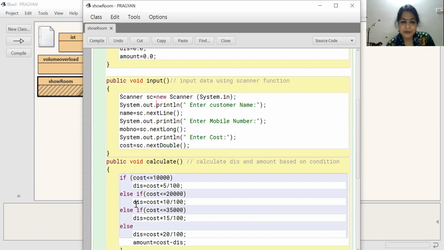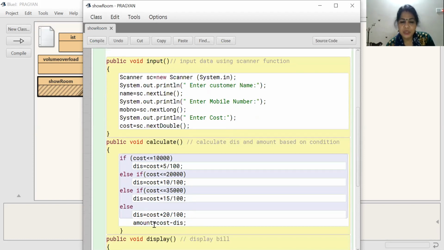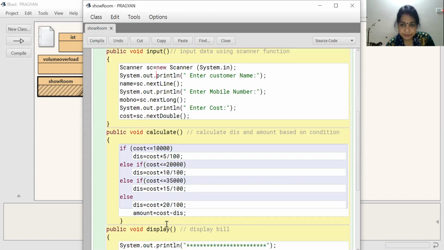And after calculating the discount, the final amount to be paid is cost minus discount. Okay, now what I have to write here is the final amount.